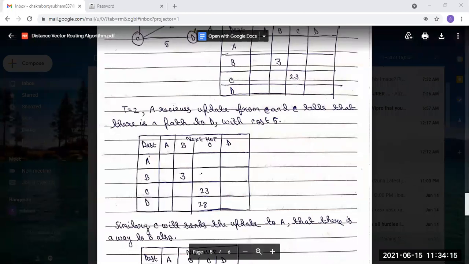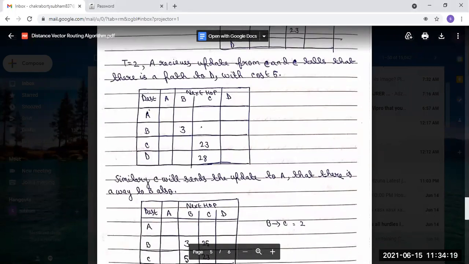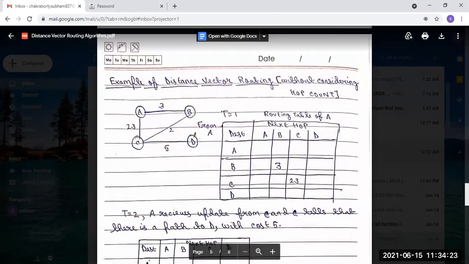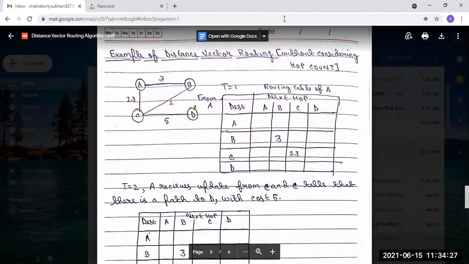Similarly, C will send the update to A that there is a path to B also. Now from B to C, what is the value? This is 2. Okay, so this is another path.